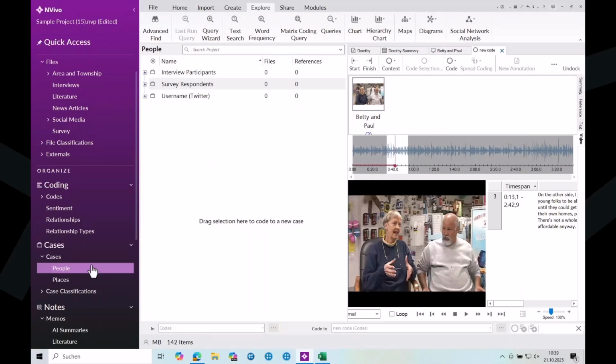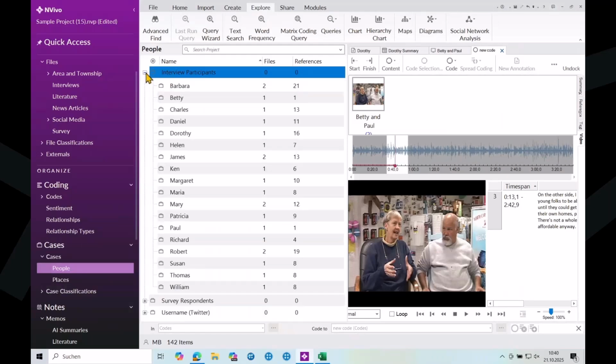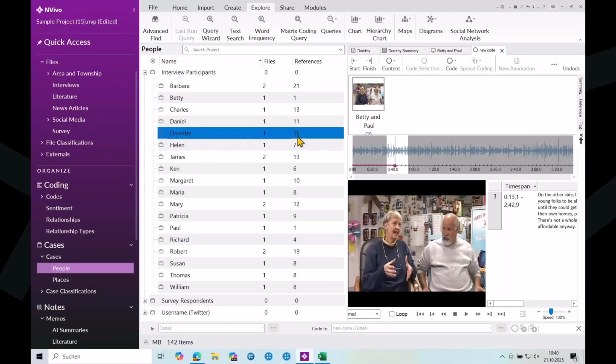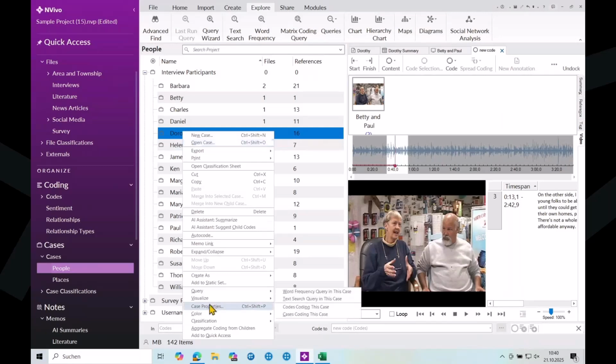There's really no limitation. You just create a specific case classification for the different types of cases that you have in your project. And here we have, for instance, our interview participants. We see Dorothy here, and all the material, all the quotes that come from her interview are sitting in her case. And when I look at the case properties,